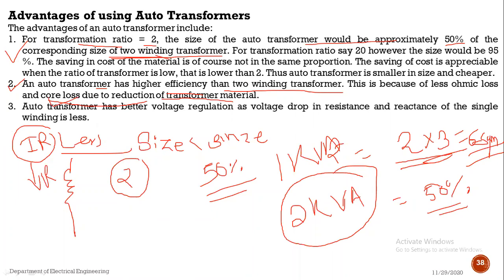So that's why the efficiency of the auto transformer is high as compared to that of an ordinary transformer or the 2 winding transformer. 2 winding transformer ला compare करता याची efficiency जी असेल ती high असेल. Okay, the efficiency of that is high. Now